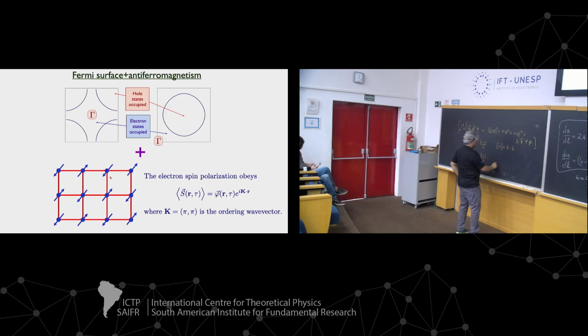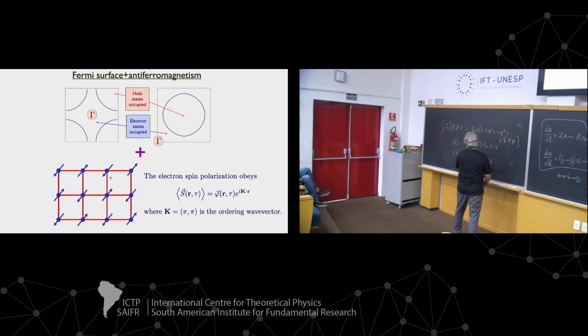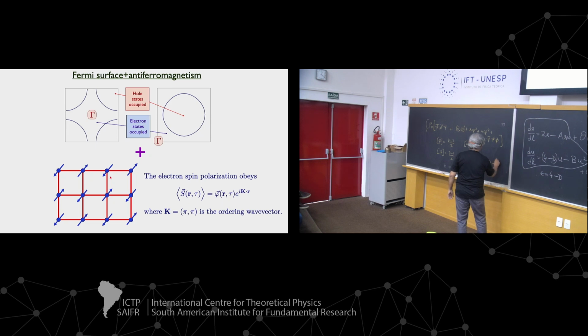And what is the dimension of lambda? I'll just do it the way I know how. You want to make this thing invariant, so the lambda has to cancel the dimension of this. The x itself has dimension minus 1, so when you put a factor of d, that's minus d. You have to cancel it, so you get a d. You get this d from here. Then you have two factors of psi, and you have to cancel these, so you get minus d minus 1, twice that. And you have one factor of phi, and you have to cancel that, d minus 2 over 2.